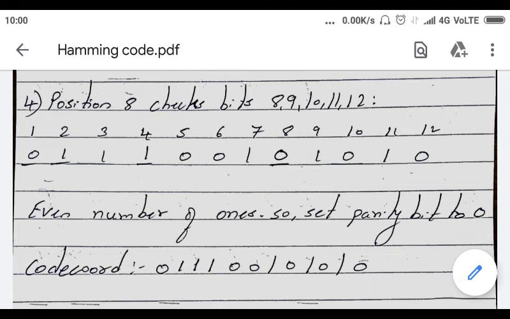Is it clear? In position 1 there is a 0, so for position 1 what are all the bits you have to check? In those particular positions they are going to count the number of ones. If the number of ones is even, then this 0 is correct, that is, the parity bit 0 in position 1 is correct. If any one of the bits has changed in those positions, it indicates that an error has occurred. They are going to note down in which parity bit position the error has occurred. Similarly, they are going to check all the parity bits, and based on that they will come to know the answer.